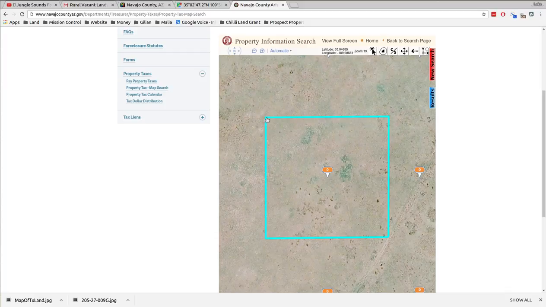If you put the cursor on each corner of this square, you get longitude and latitude. You have to write them down. You can't cut and paste them because you have to move the mouse so the numbers change, right? So if you put the cursor right over the corner, this would be the northwest corner, the southwest corner, the southeast and northeast corner. Write those numbers down, and then when you go there in person,